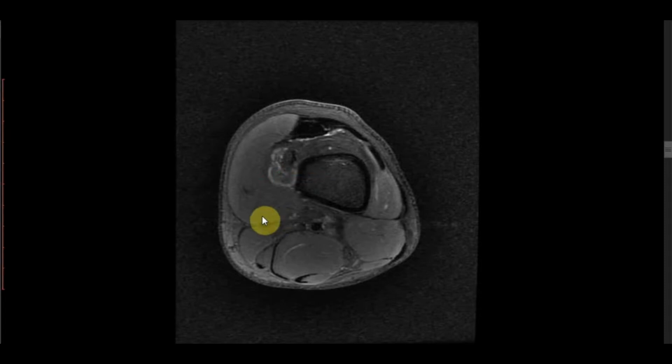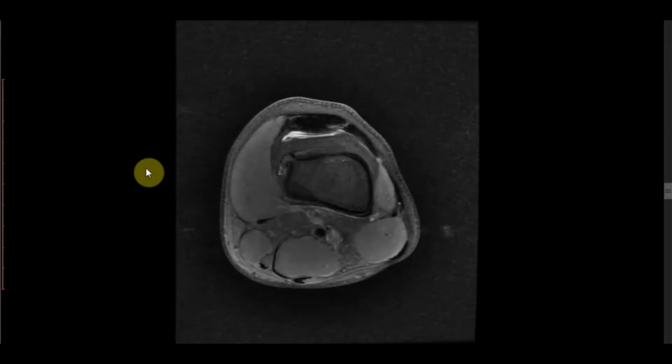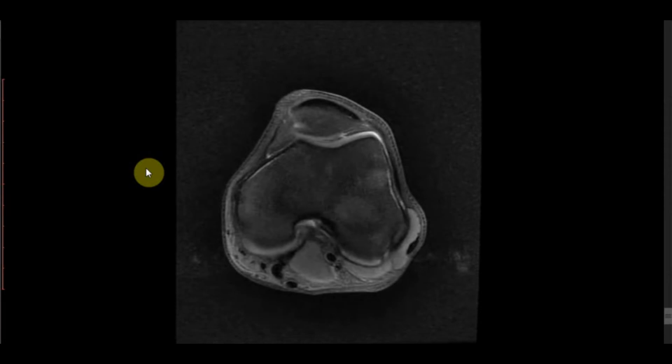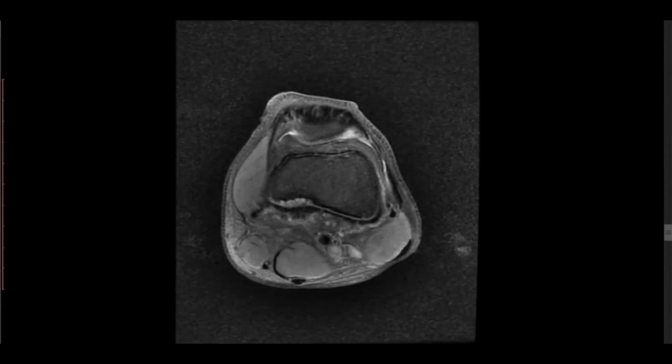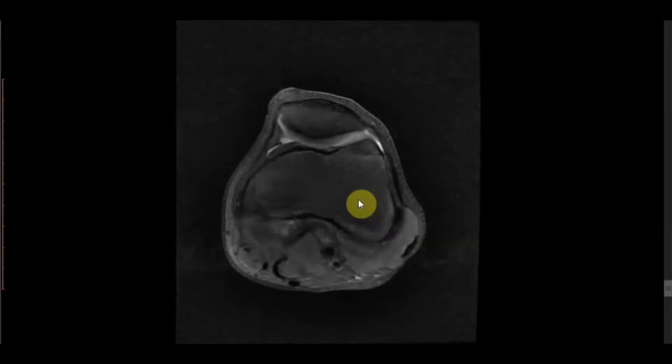And this is normal. If it is more than 20 mm, or if the lesion is showing interval growth, or if there is compression of the neurovascular structure surrounding it, then we can suspect the development of chondrosarcoma within it. So this is a case of osteochondroma, and seeing on the other images of this patient, we can note the presence of this abnormal area of signal intensity in the posteromedial femoral metaphysis at the origin of medial